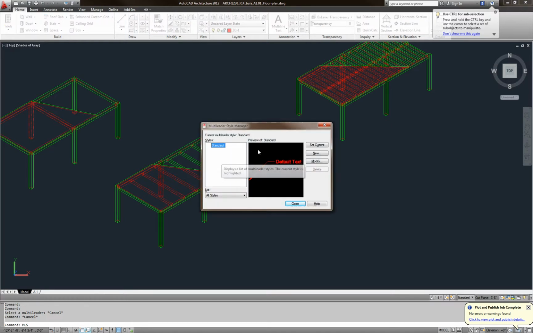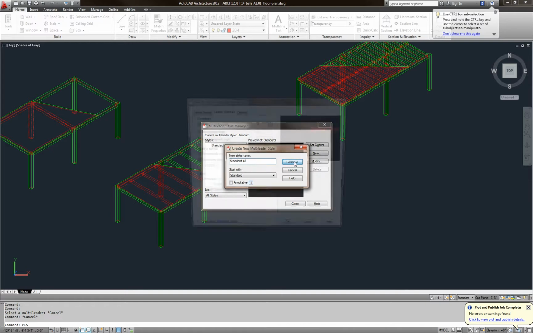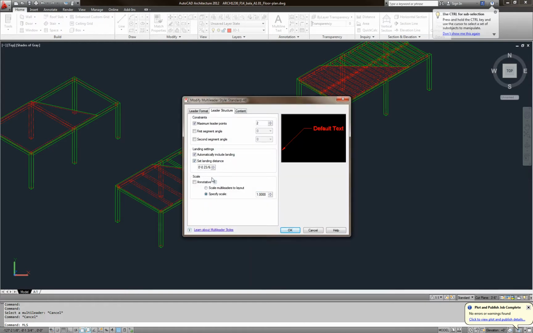There's nothing here, so I'm going to create one quickly. We'll take the standard and say new. If I'm going to print at quarter inch equal foot in the paper space, I want to put the scale to 48. Continue. I'm going to put this to 48,